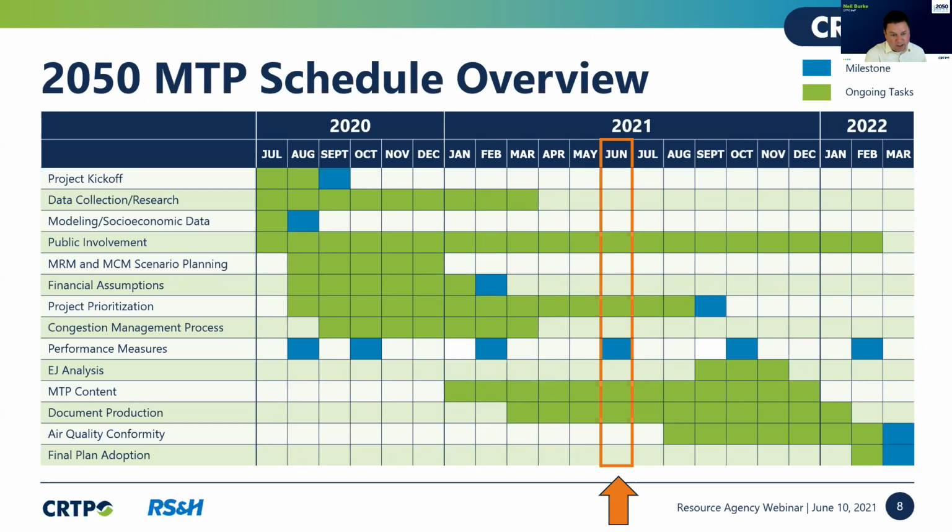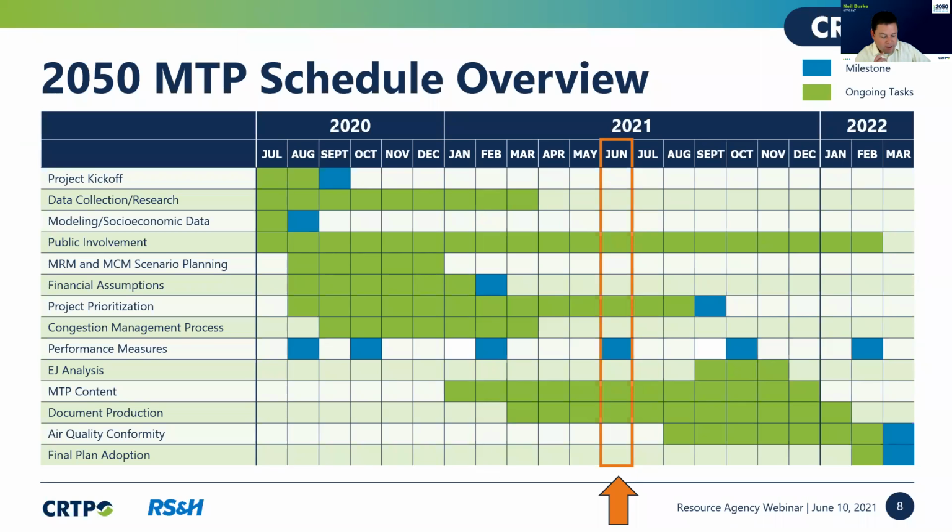And then we're into 2021, and this is really the core plan development time for us. We've gotten the roadway revenue assumptions adopted. We've gotten the roadway ranking process adopted by our board. We've solicited projects from our member jurisdictions. We've ranked them, and we've developed a draft fiscally constrained project list throughout the first 5 months of 2021. So we're within a week of opening a public comment period on that draft list, and that's really why you all are gathered here today